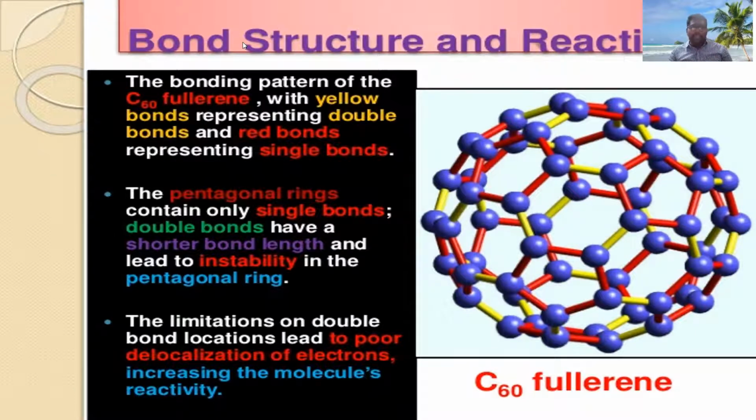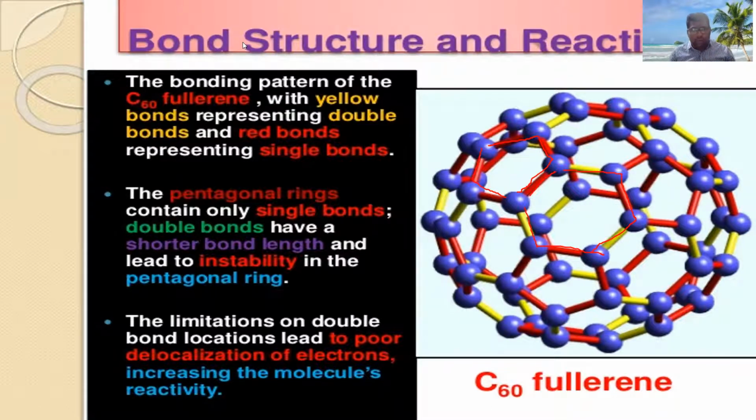Here these are hexagonal rings and the remaining are pentagonal. Observe, this is pentagonal rings, this is hexagonal rings. Hexagonal rings are fused with pentagonal, and pentagonal rings are fused with hexagonal. In this structure, how many hexagons and how many pentagons are present in the fullerene? That is most important.